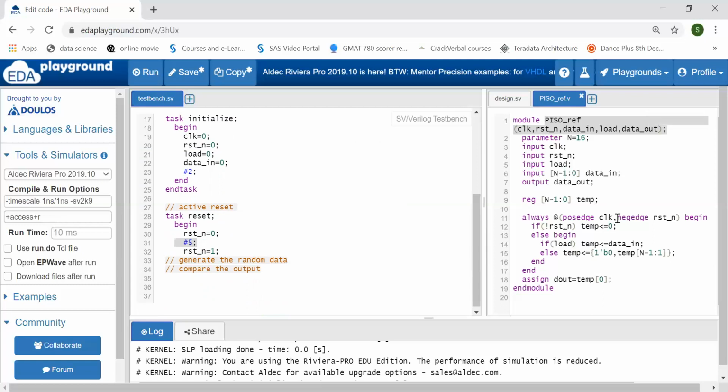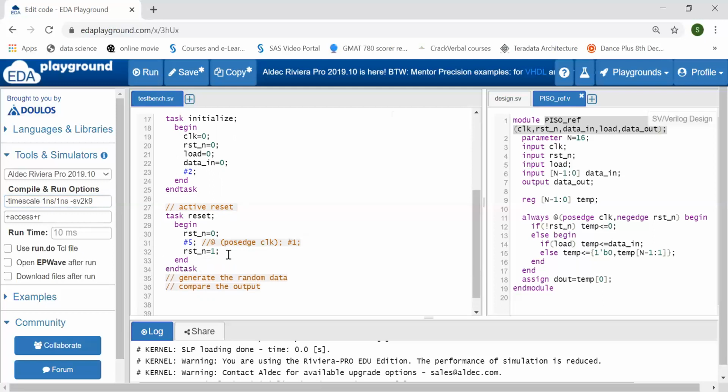But if your reset is synchronous, meaning it is depending on the edge of the clock, let it depend on the posedge of clock. Then instead of giving this #5 delay, you can write @(posedge clock), then #1 or #2 some delay. By writing this, you make sure that your reset signal will encounter at least one posedge of clock. To make your reset active, it should encounter this posedge of clock. It will wait for the posedge of clock, then wait for #1, like 1 nanosecond, as here my time scale is 1 nanosecond by 1 nanosecond, and then my reset signal will be inactive.